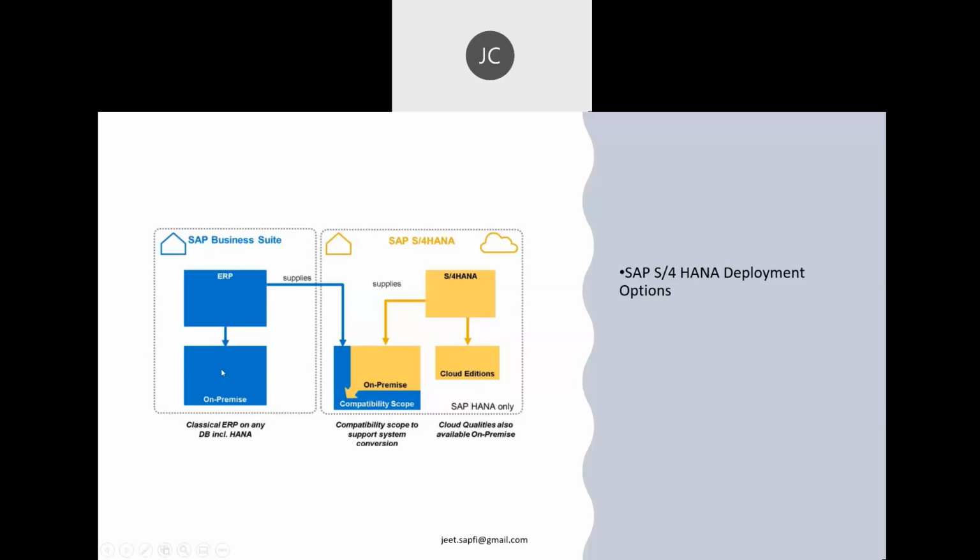That particular ERP solution could run on any database, even including HANA, because as I said, the HANA database has been available from 2010 with all the HANA features. So if any business was interested in a HANA database, where they can have OLTP and OLAP functionalities coming together, they could go for that database. Otherwise, they could use traditional databases used earlier, like Oracle or, most frequently, MS SQL. So that was the solution there.